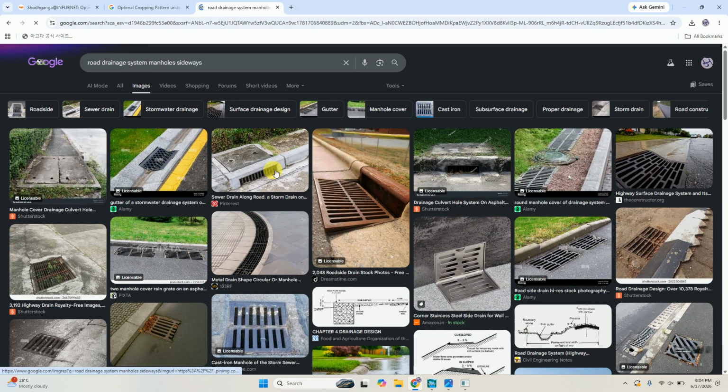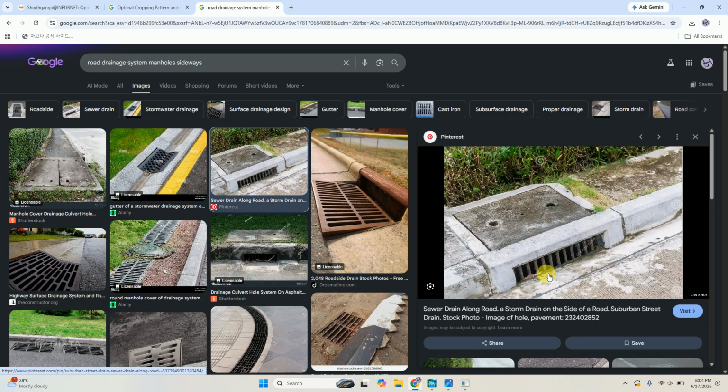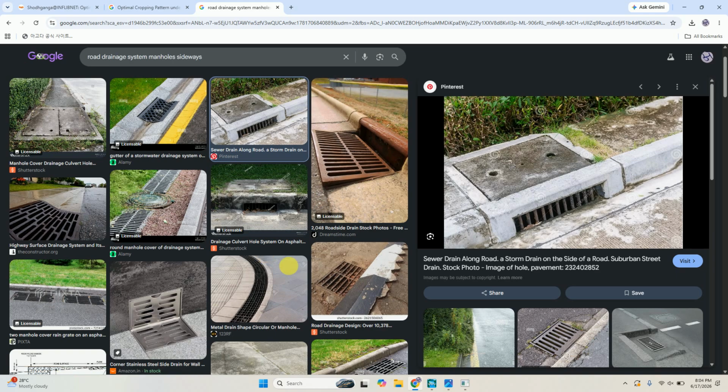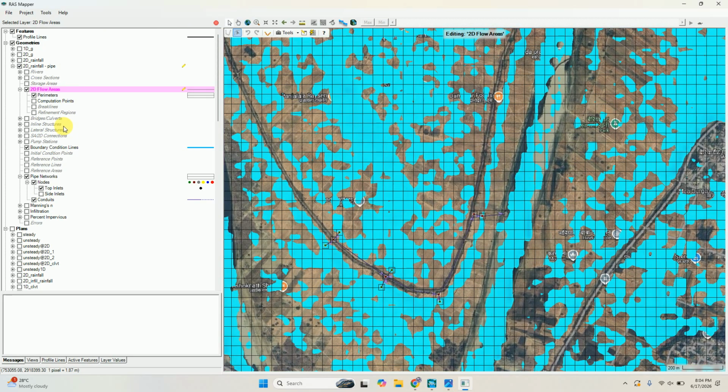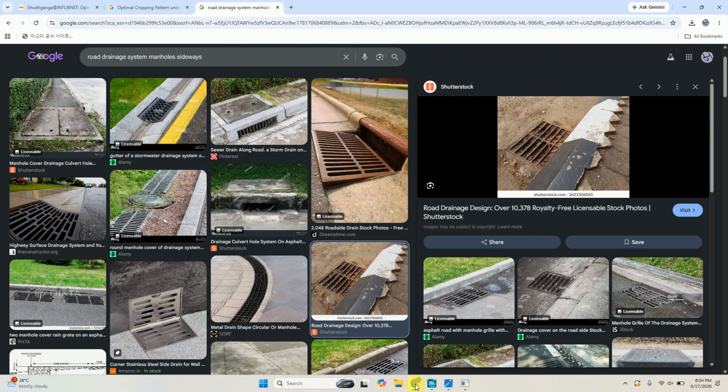Okay, so you have seen this type of structure at many places. This is called a side inlet, but this is called a top inlet. Here there are two options, you can see top inlet and side inlet. So what is the difference between side inlet and top inlet?